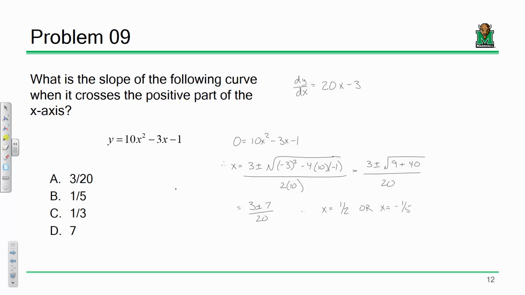Did I do that right? So the question is asking, what's the slope when it crosses the positive part of the x-axis? Well, it crosses the x-axis twice, here and here. So which one do I care about? 1/2. What's the slope when x equals 1/2? Plug in 1/2. So therefore,